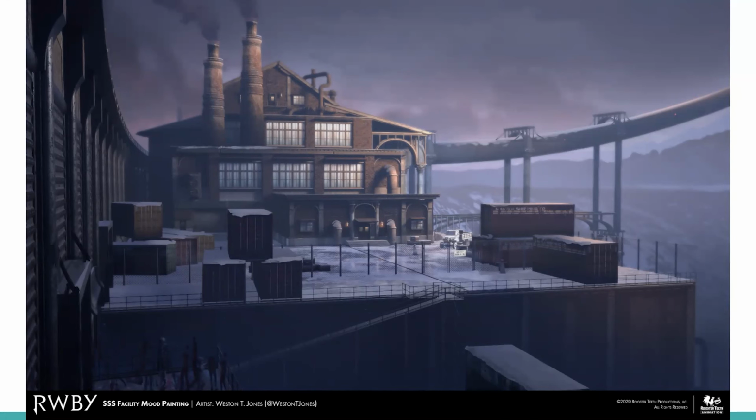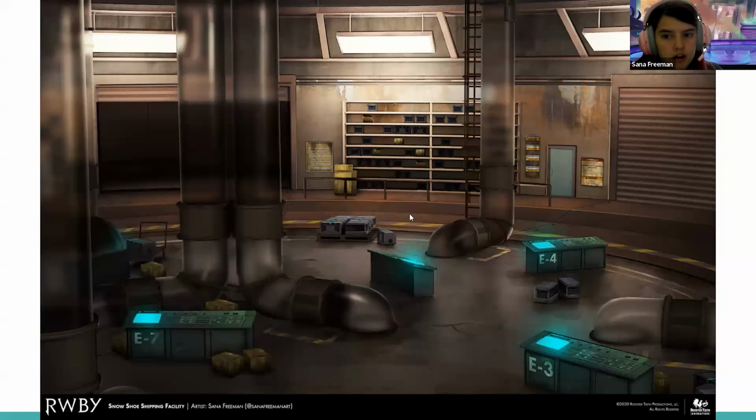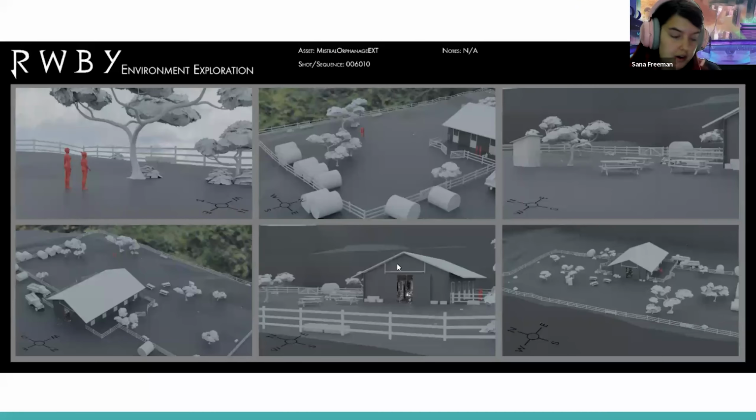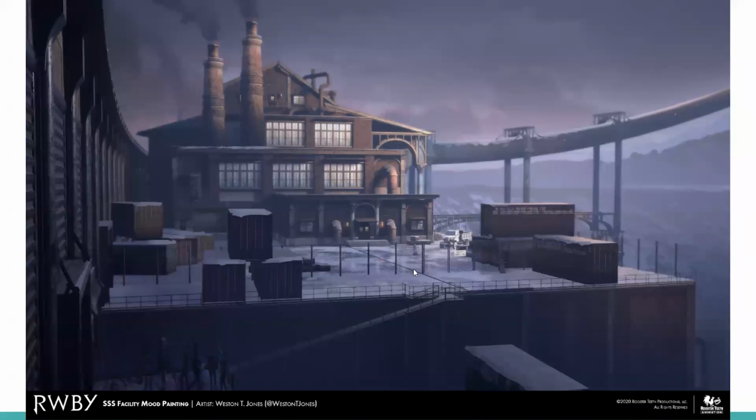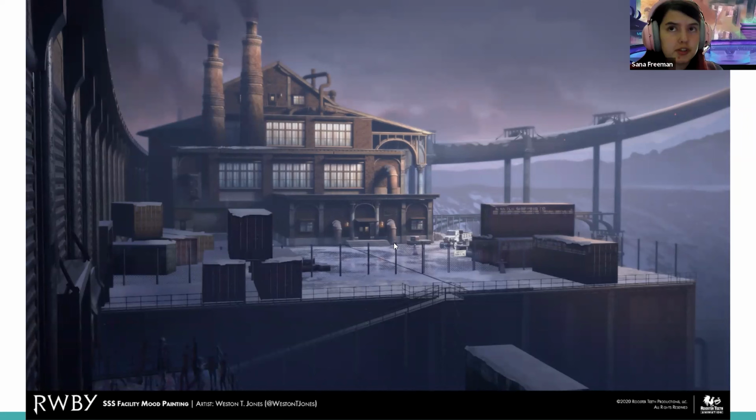Okay. And would texture artists often take a lot of your drawings and concept art to create materials for texturing? Oh yeah, definitely. I'm sad you asked that because there are examples of that in Ruby done by the concept artists, but they're not in this presentation. My bad. I would say The Sims is also one to look at too. They have a lot of 2D artists do the textures.